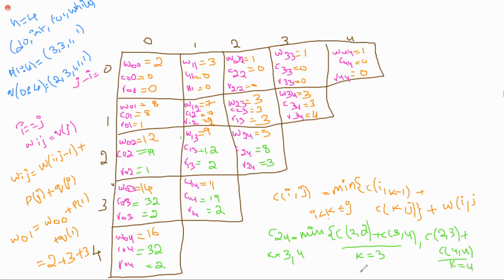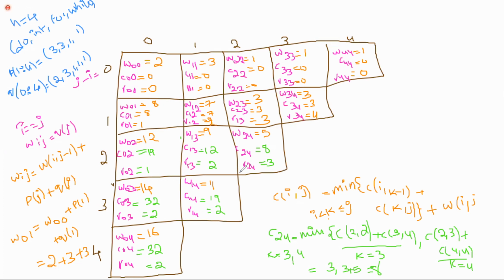Okay, what is C22? Which is 0. Plus C34. What is C34? Which is equal to 3. Then C23. What is C23? 3. Okay, 3 plus C44 is 0. So which one will you consider? You can consider either k as 3 or k as 4. That's your wish. Plus Wij, which is 5. 3 plus 5 is equal to 8. So the cost I have updated as 8. You may consider either 3 or 4 here. Is it clear, all of you? Say yes or no. Yes, ma'am.